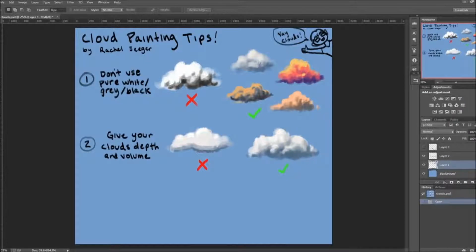Step number 2 is to remember that clouds are 3D volumes. So clouds are three-dimensional shapes, and I think this is something that a lot of people struggle with when it comes to painting clouds. So I see a lot of people do stuff like in the first example where they treat it as a flat object where they just put highlights on the top and shadows on the bottom and call that done,